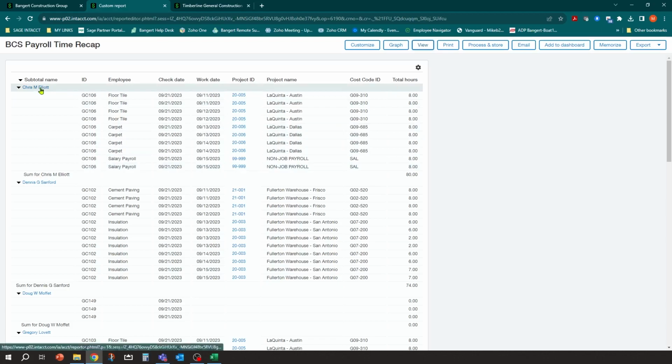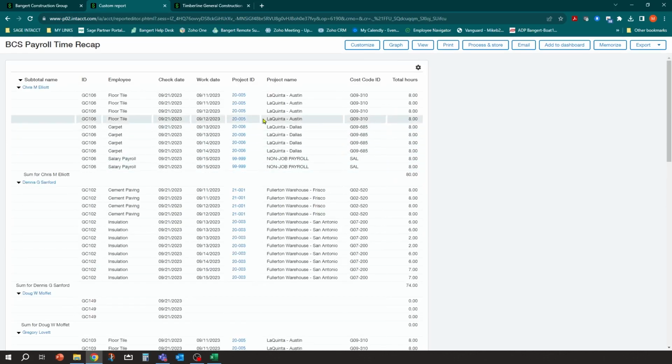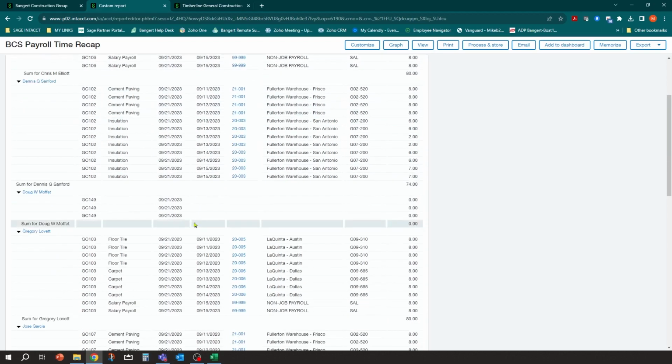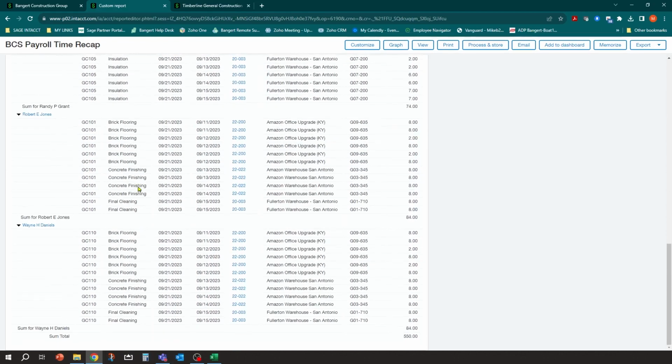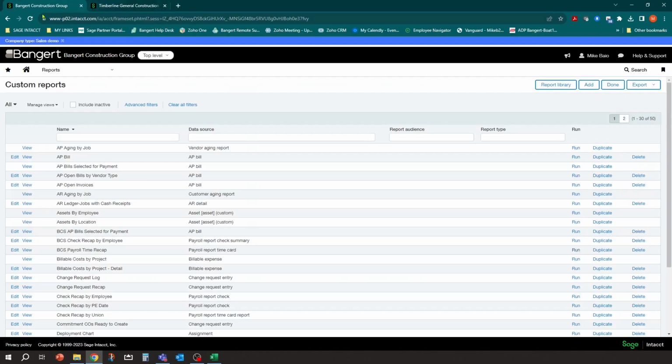Okay, and now you'll notice because we did that project ID with that arrow with the drill down, I can then also get to my project screen from that as well. But I don't have the permissions for it, so you gotta make sure you have the proper permissions as well. So that's an example of creating your own little report. And the beauty of this report is now it will also export to Excel, but now it has your subtotals in it already.